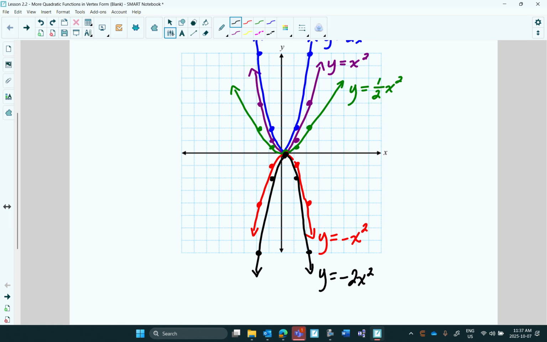I don't know what color I'm going to use. Let's use a dash of yellow. So it's the green one flipped upside down. So it's here, here, and here, here, and here, and it's wider. And this is y equals